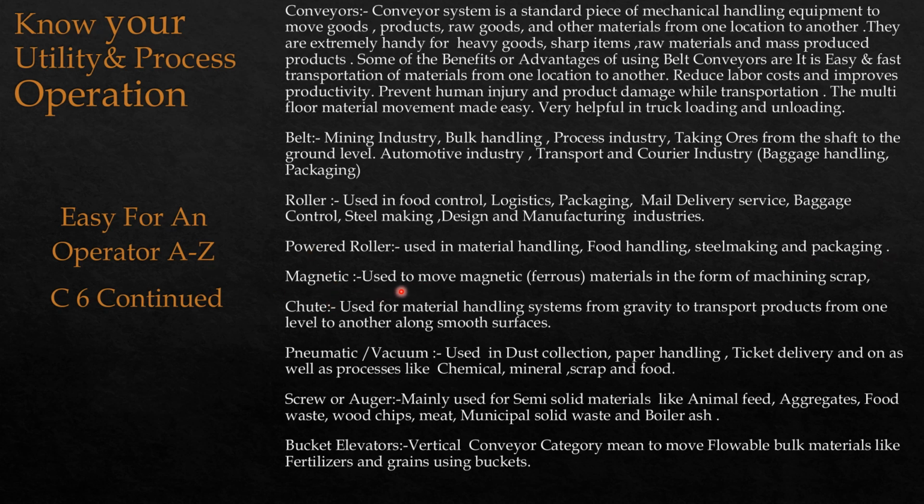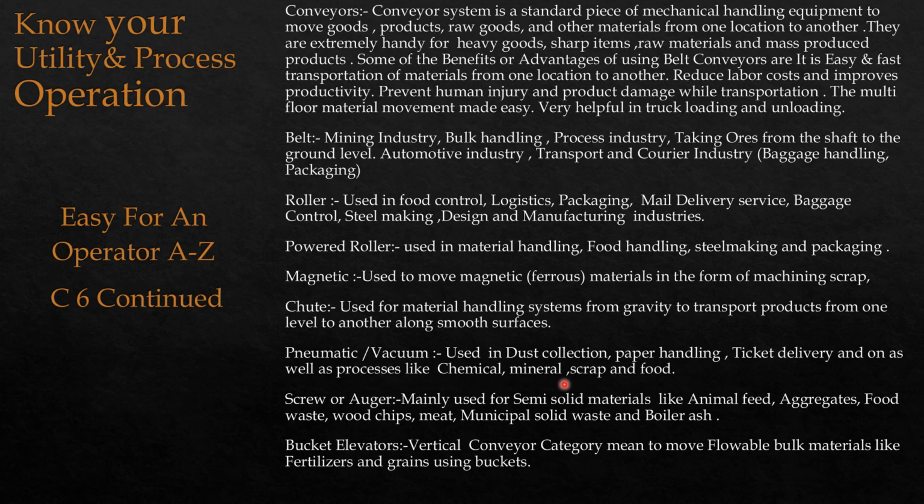A magnetic conveyor is used to move magnetic, that is ferrous, materials in the form of machining scrap. Due to the magnetic property, ferrous material is transported using these magnetic conveyors. A chute conveyor is used in material handling systems, using gravity to transport products from one level to another along smooth surfaces. Pneumatic or vacuum conveyors are used in dust collection, paper handling, ticket delivery,